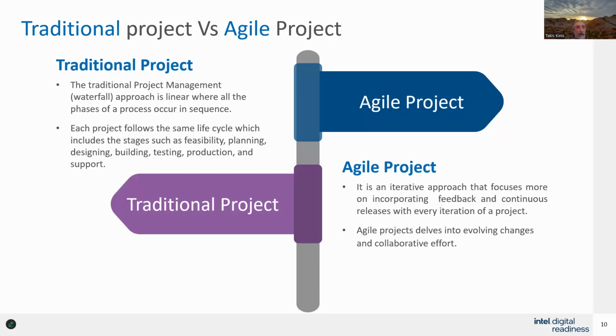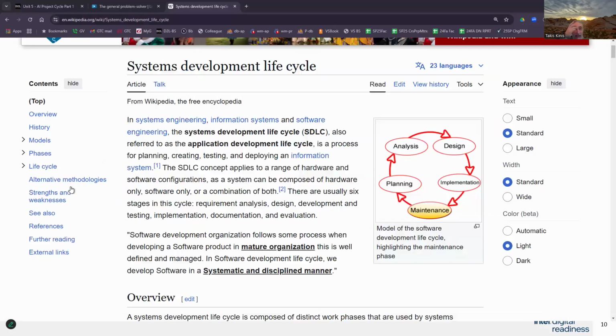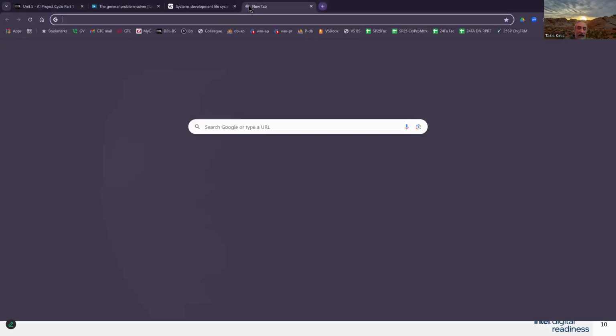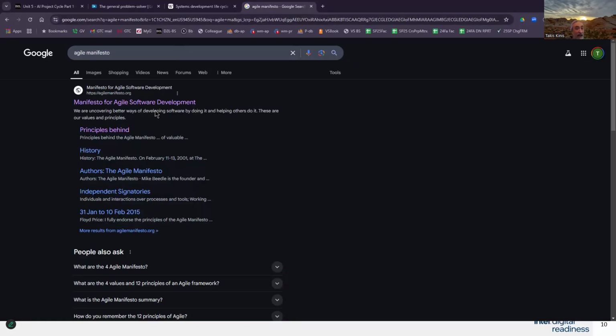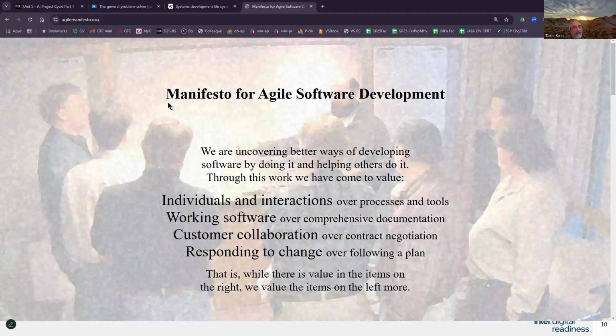Right now, we look at the agile approach. Before I hammer on that, I'm going to bring up this very interesting thing called the Agile Manifesto. It's not meant to be political, but the Agile Manifesto is what you see on the screen. This is the whole thing, right? I'm going to read it to you. I know that sounds kind of cheesy, but this has made such an impact on the IT world,